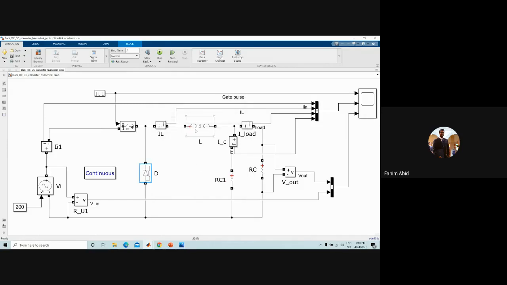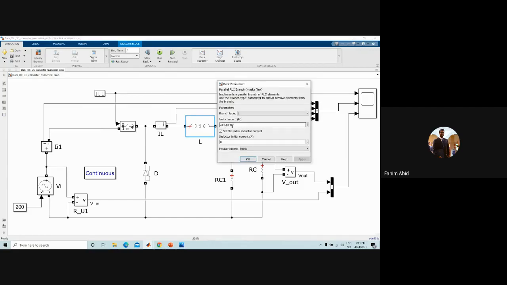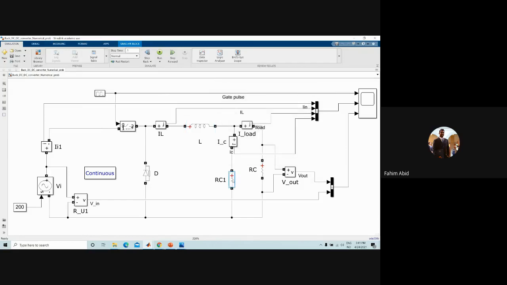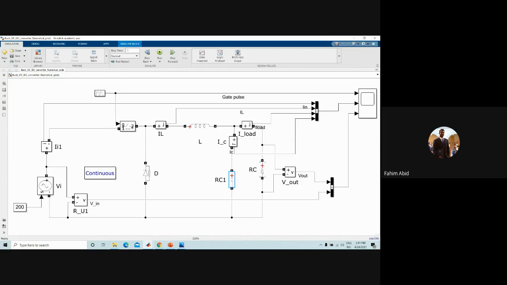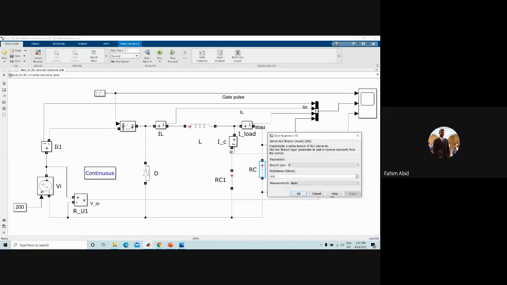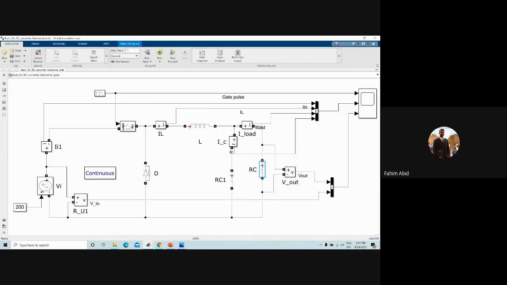Then we have our inductor, and the inductance value is 364 microhenry as it comes from the question. Our capacitor value is 50 microfarad, and our resistance value is 4.8 ohm. Okay, so if we run this